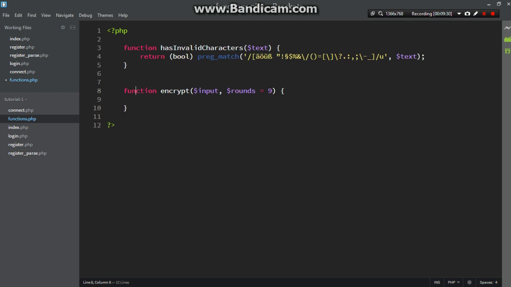Basically, the more rounds of encryption you use on a password, the better. However, if you increase the rounds, it will take more CPU cycles to complete the operation. So basically it's a security and performance trade-off. It will slow down your application if you add more rounds to the encryption. And what we're gonna do first